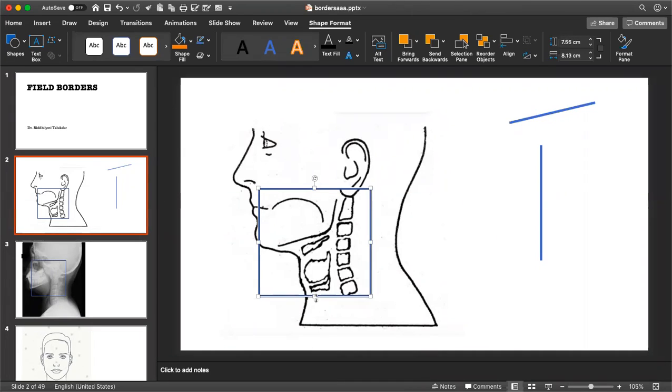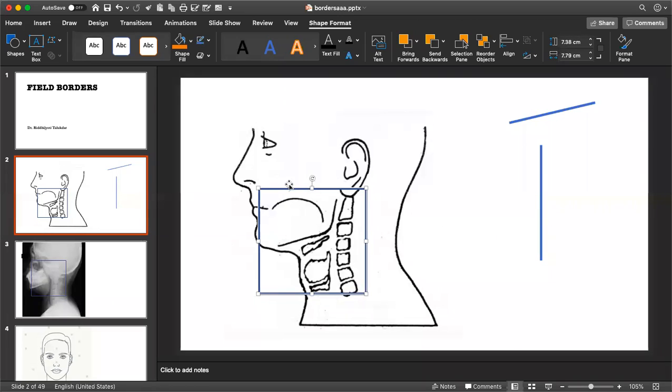If you're using a low anterior neck, you can put your lower border at the lower border of the cricoid, or at the thyroid notch, and your posterior border would be at the mid vertebral level for an off cord field, or it would be at the tip of the mastoid to treat the posterior part of level 2, 3, 4. So that is what your field would be.